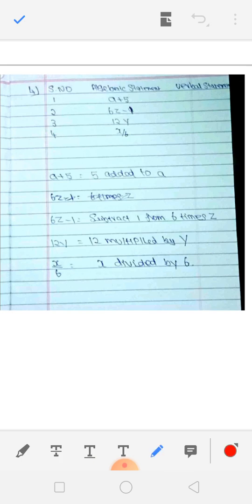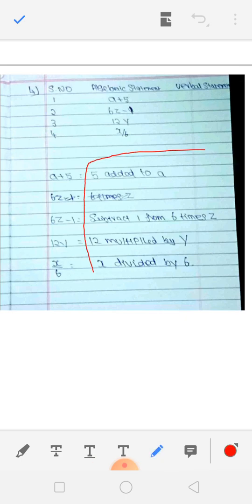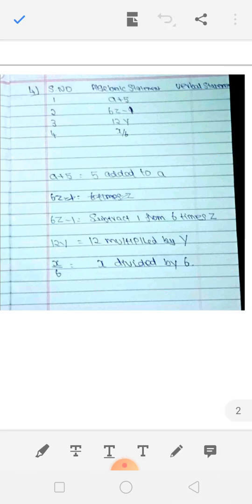So you can write these answers here in your book or in your classwork. Okay, now